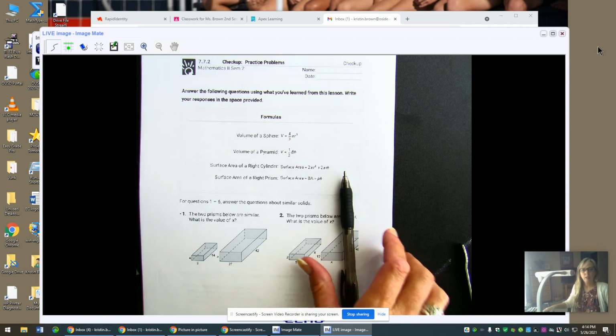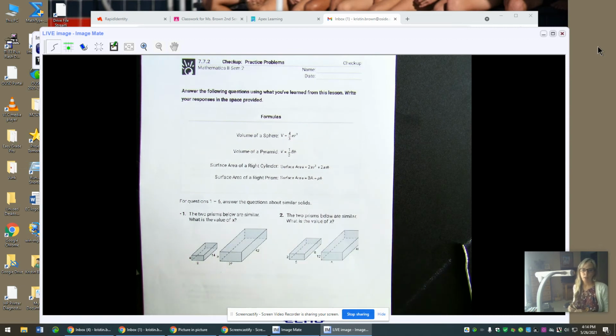All right, today we're going to do 7.7 checkup. It's all about similar figures, and you have to go back a few chapters for us. Remember when we did similar polygons and we set up a proportion problem? Because if you know the figures are similar, they are proportional, and we can solve it with a proportion problem, like fraction equals fraction. We have to be careful when setting them up because